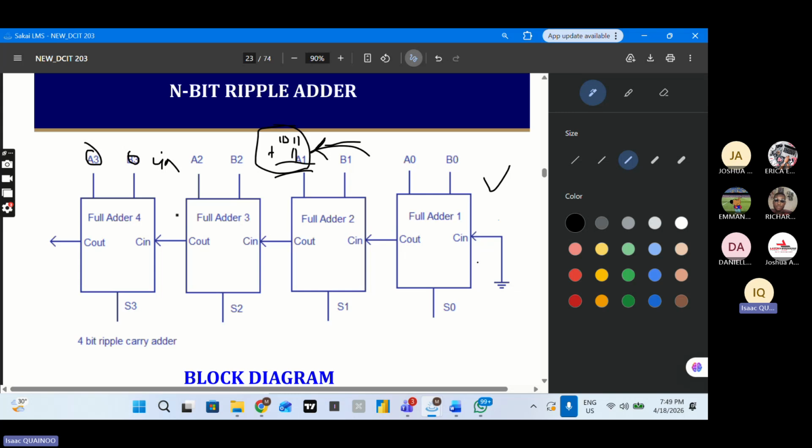So the number of bits determines the type of ripple adder that you are going to need. For an operation like this, you are going to need a 4-bit ripple adder, because the first number, which is 1011, contains 4 bits. The second one is just 2 bits, but I fill the rest of the bits with zeros, which now makes it 4 bits. So you can progress to perform